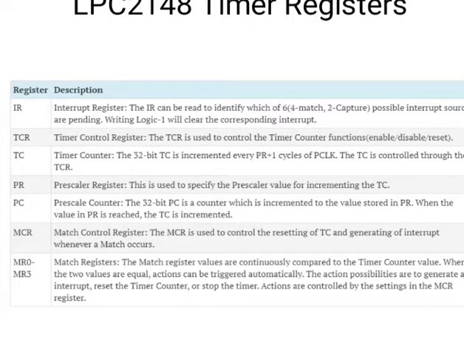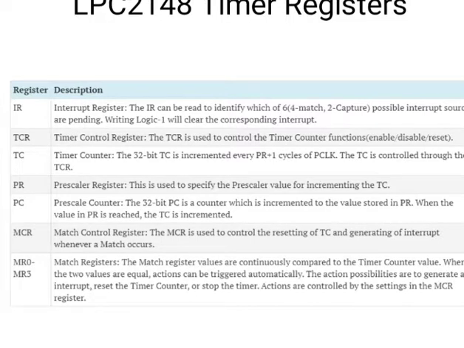The CTCR, that is the count control register. The CTCR selects between the timer and counter mode, and in counter mode it selects the signal and the edges for the counting. CTCR is not mentioned in this table. Then the next is MR0 to MR3, that is the match registers.